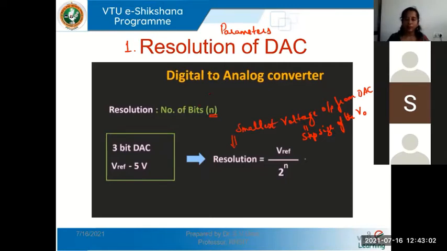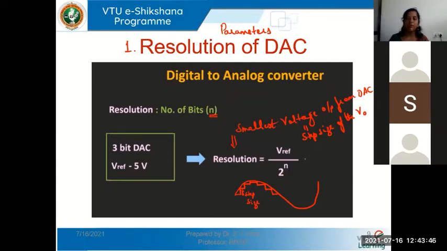When I talk about resolution of the DAC, the other meaning for that is the step size of the DAC. Why am I talking of step size? Remember, though the actual output should be like this, what you see at the output of the DAC will be something similar to a staircase, right? It has converted individual digital values to analog values. So you would be seeing something like a staircase at the output, and the height of one step is defined as step size, and that is known as resolution of the DAC.